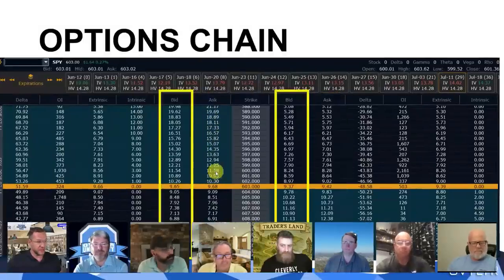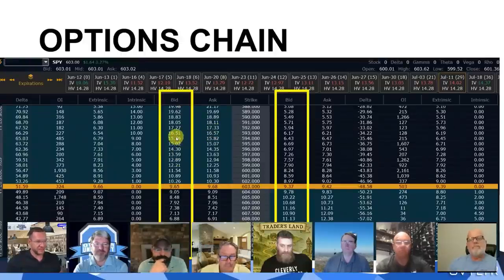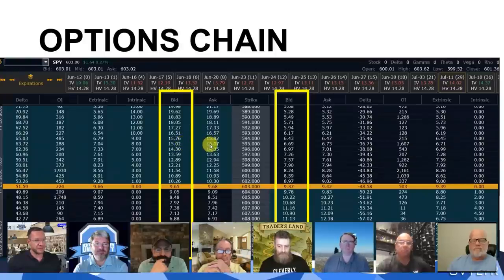Now, when you're ready to sell, right, you've bought it at one point, you got to sell it back at another point. You go into the bid column and you click that button. Okay, there will always be a bid and an ask spread here. That's the market maker's fee for providing you liquidity, right? If I'm going to buy it at 1507 and sell it back at 1502, that nickel goes to the market maker for doing his job.